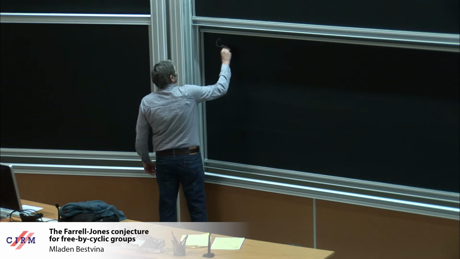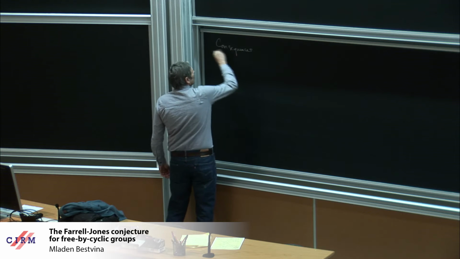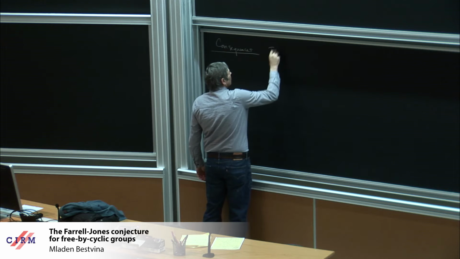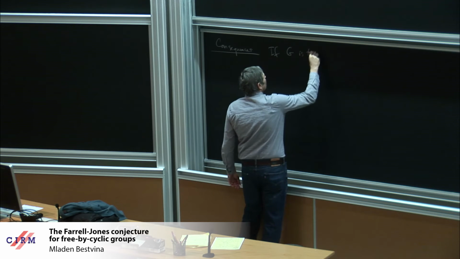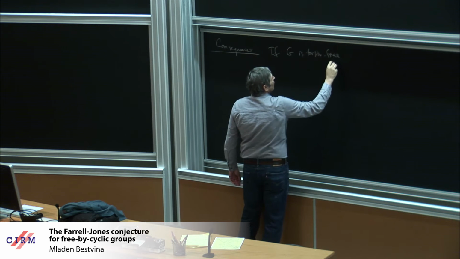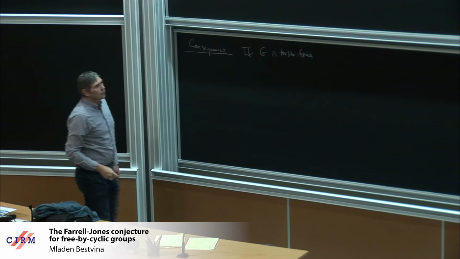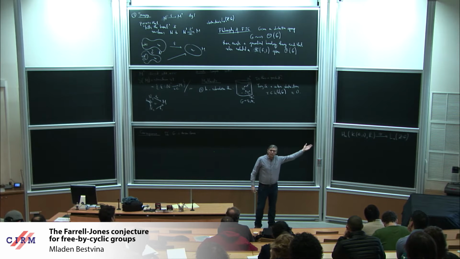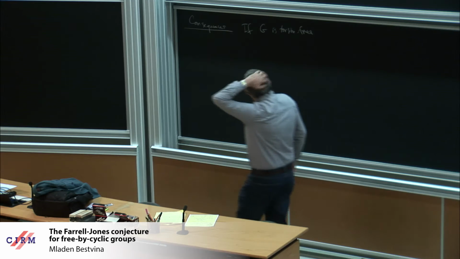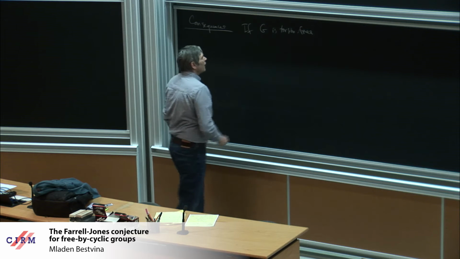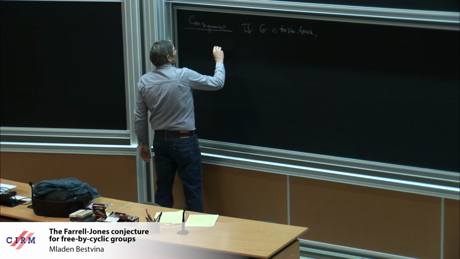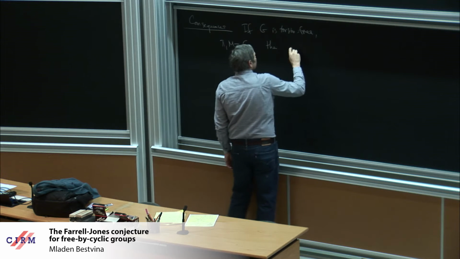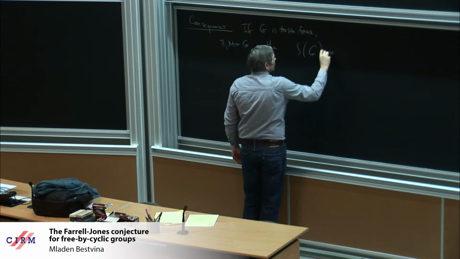Okay, so consequences. So first of all, if G is torsion free. Okay, so I'm sweeping various technicalities under the rug. Technically this is only for torsion free groups. When the group is not torsion free, there is something a little more complicated, which I won't get into. Okay, if G is torsion free, and pi1 of M is G, then the structure set S of G is isomorphic to, so it's an